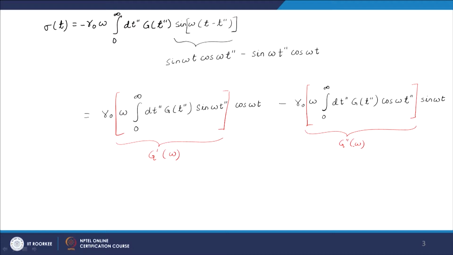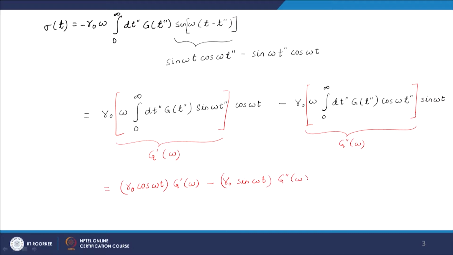So, with this idea I can write this as gamma naught cos omega t multiplied by g prime of omega